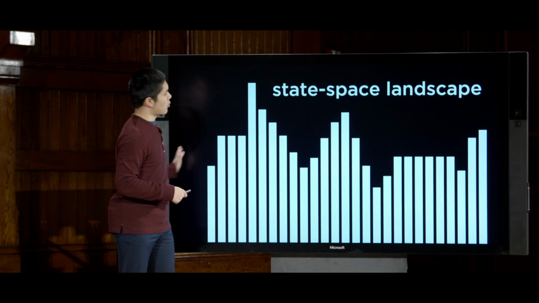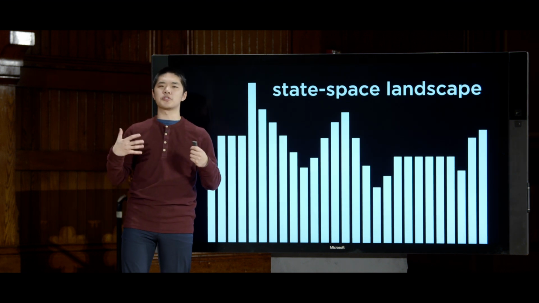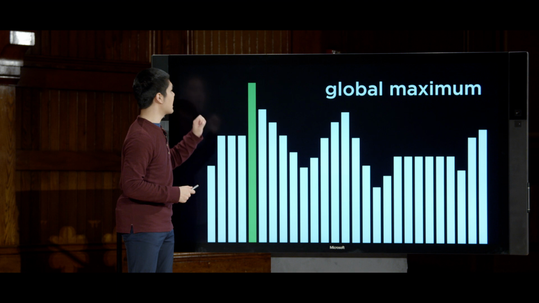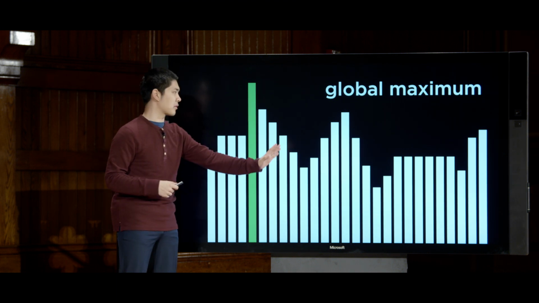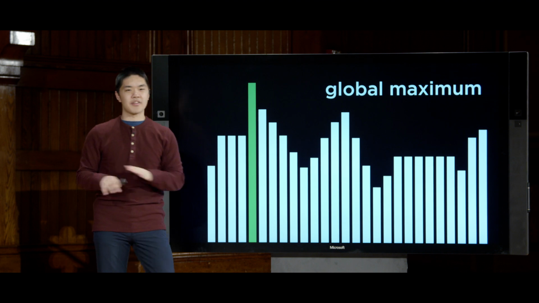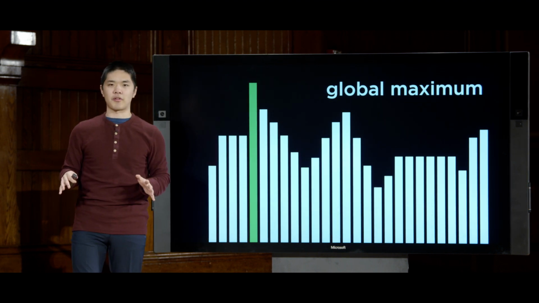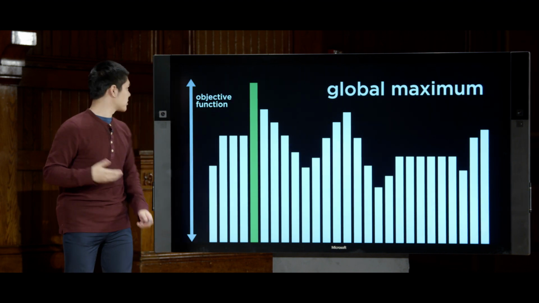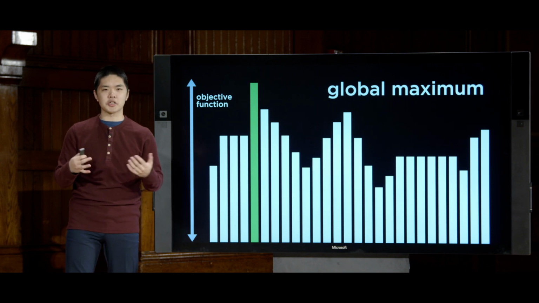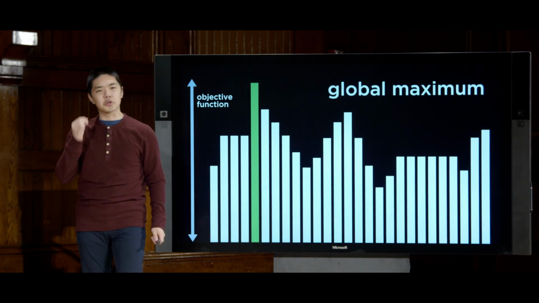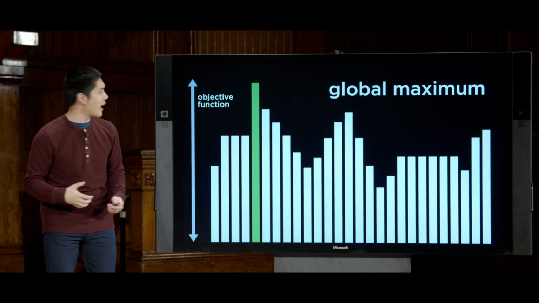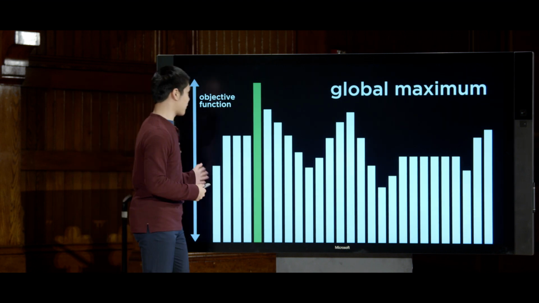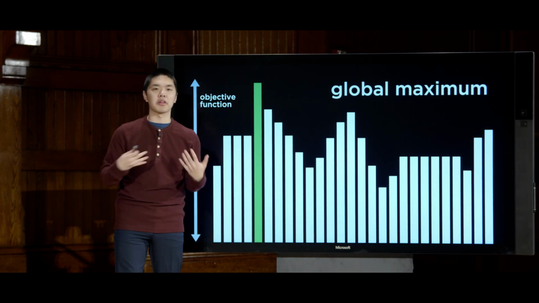And generally speaking, when we have a state space landscape, we want to do one of two things. We might be trying to maximize the value of this function, trying to find a global maximum, so to speak, of this state space landscape, a single state whose value is higher than all of the other states that we could possibly choose from. And generally, in this case, when we're trying to find a global maximum, we'll call the function that we're trying to optimize some objective function, some function that measures for any given state how good is that state, such that we can take any state, pass it into the objective function, and get a value for how good that state is. And ultimately, what our goal is to find one of these states that has the highest possible value for that